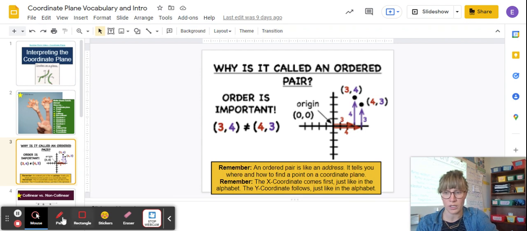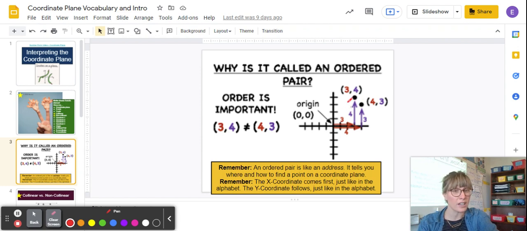Quad implies four. As you can see, let's get the pen. We have four different spaces. We have this space and this space and this space and this space, and they're called quadrants. They are numbered in a particular order, and it's different than how we read. We read left to right. Well, in the coordinate plane,